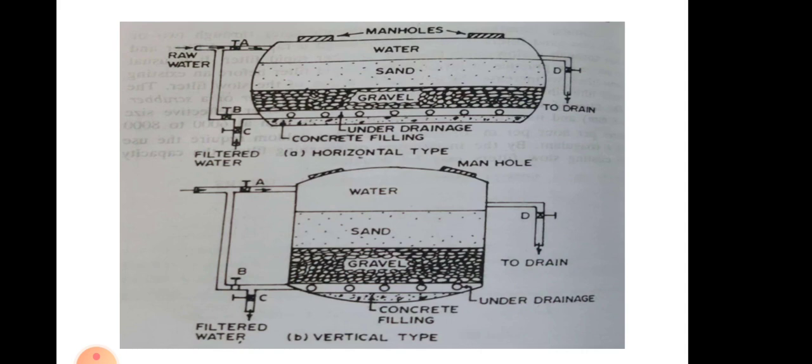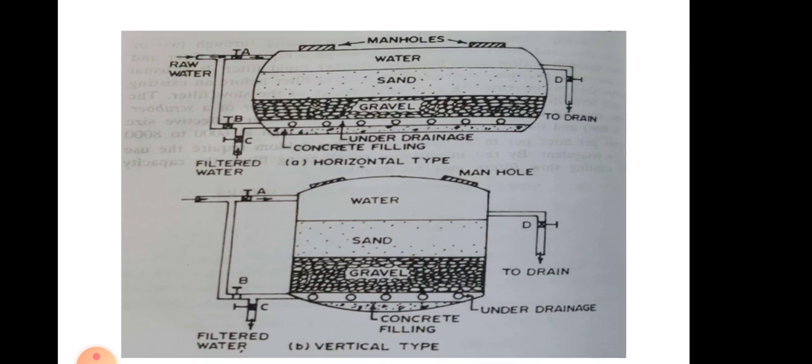Now the uniformity coefficient as well as effective size of the filter sand will be the same as that which we use in a rapid gravity filter, while the thickness of the sand bed here might vary from 50 to 60 centimeters. When we discussed rapid gravity filters, we had discussed the different layers of the filter media. Here again the gravel layers follow the same practice as in the case of a rapid gravity sand filter. The under drainage system also consists of pipe grids or false bottoms, and washing of the filter media is accomplished by reversing the flow by manipulating the valves in the piping.